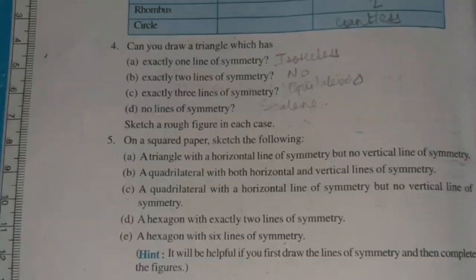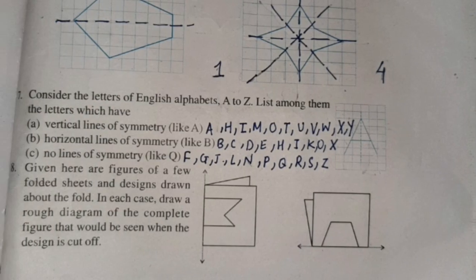Okay, thank you. Now, in the last exercise 13.2, we have completed third, fourth, and fifth. Sixth, again the same thing. Draw the line of symmetry. You have to draw it here. If you check, in the first figure there is no line of symmetry. B has two lines of symmetry. C and D, I have drawn how many lines of symmetry it can be. D, it is 2. E, 1. F, it is 4. Right? So these are the lines of symmetry.